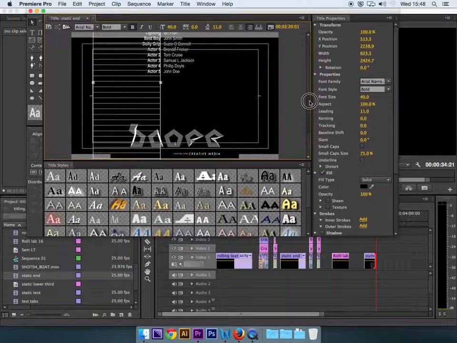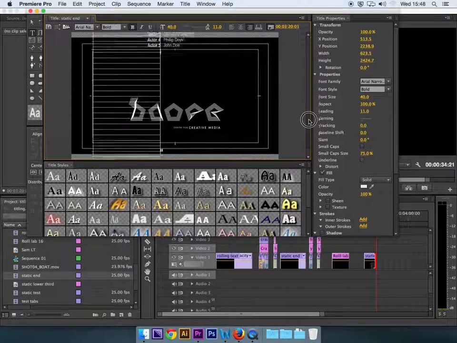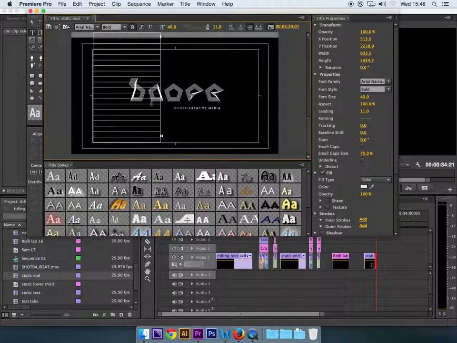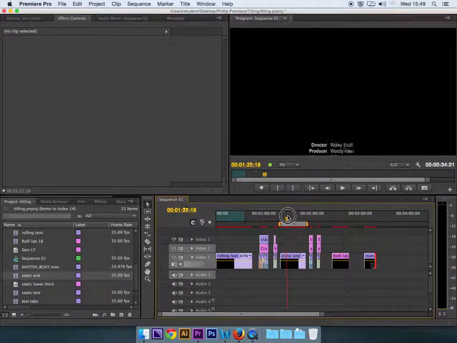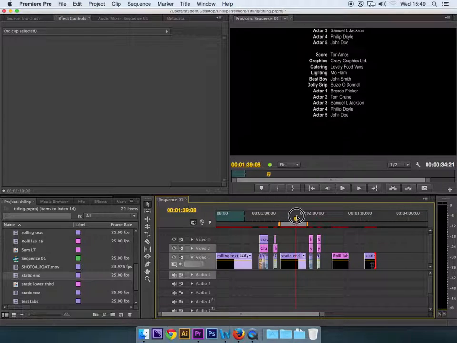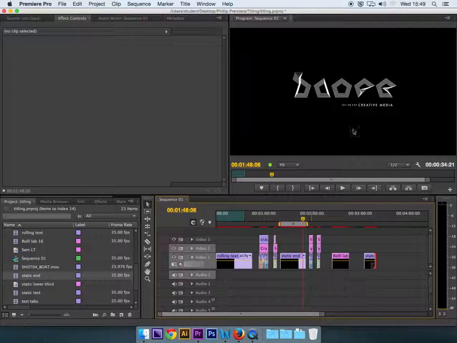So when you get to the bottom of your text, let's say actor 5 here for example, you just go space or return until you get down far enough that the text has gone off the screen. Keep going down until you can just put in a little bit of text at the bottom, pop your logo in, and what you should have then is this: the text goes up, keeps going, and then eases out to a static frame. And what we don't see is that there's just a few little letters down here colored black. Okay, so that's the roll